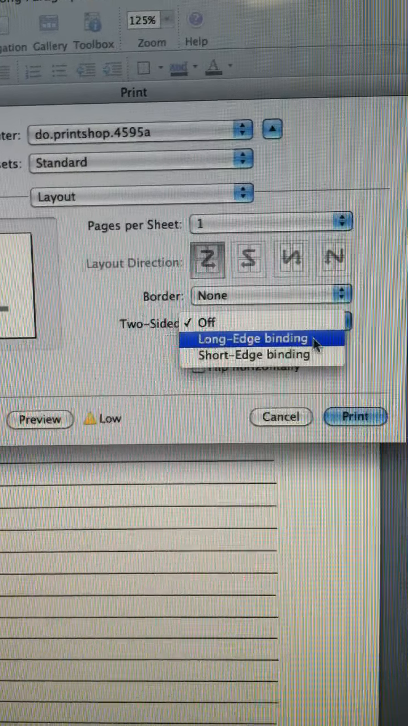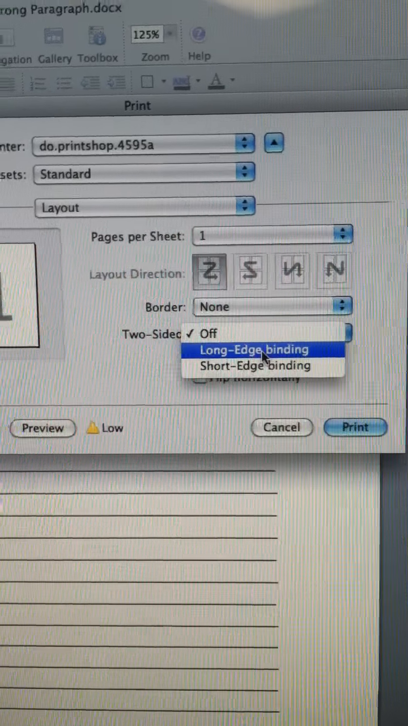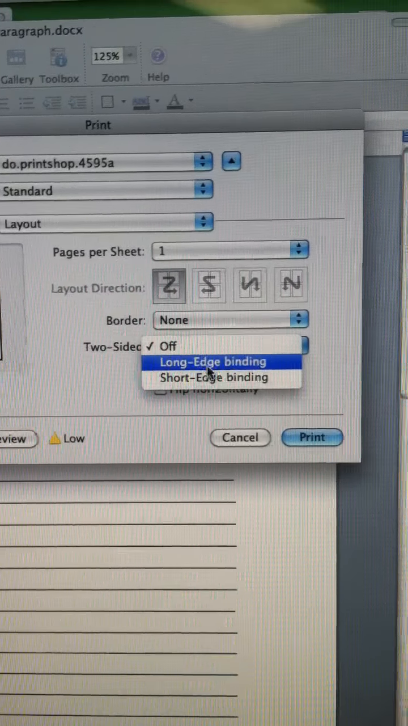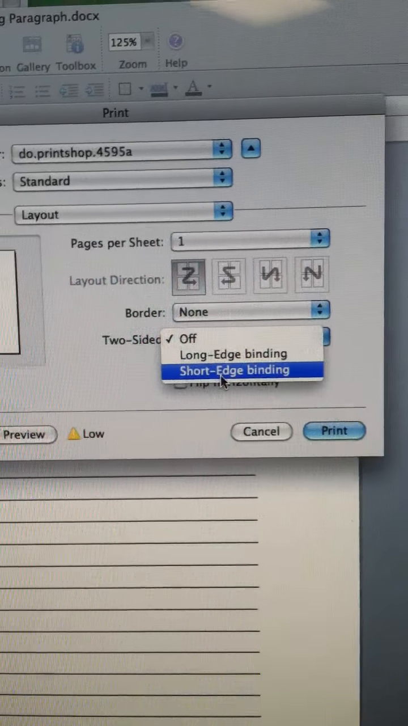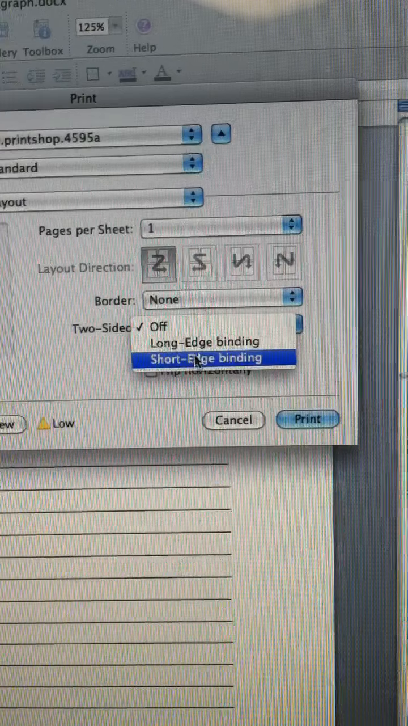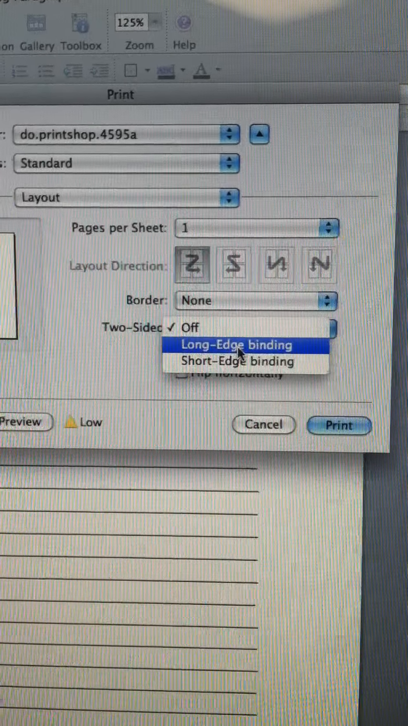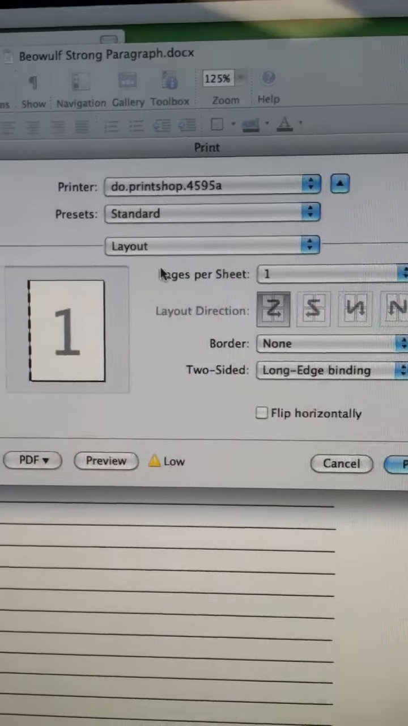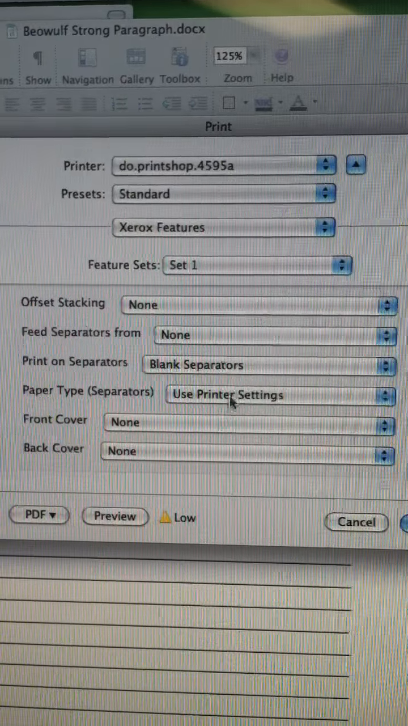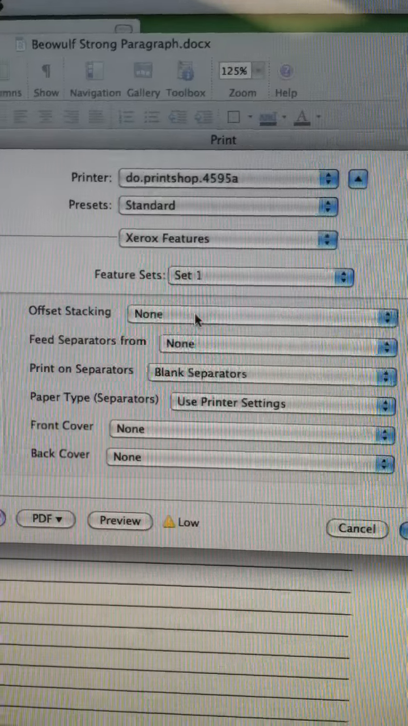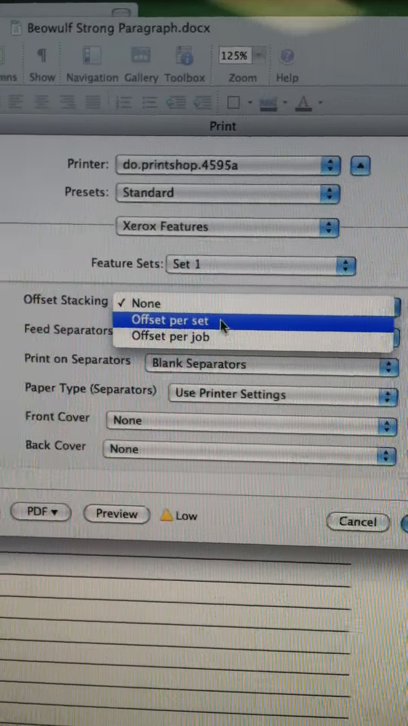So I tell it I want it 2-sided, and I want it to flip on the long edge of the paper. If I put short edge, they'd wind up upside down to each other, the front and the back, but I put long edge and then they'll wind up back to back. Okay, now I go under Xerox features, and I have to tell it that I want it to offset the stack per set,